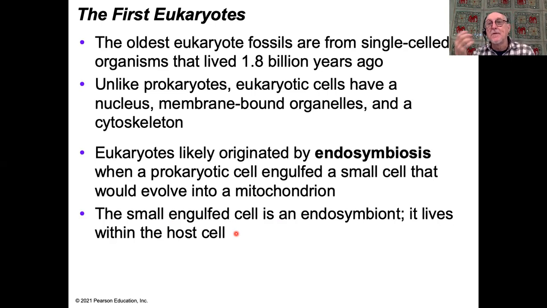But if you look at a eukaryotic cell and you look at its mitochondria, the mitochondria have certain characteristics. First of all, the mitochondria have their own DNA, and their DNA is in the form of a little circle of DNA, just like the prokaryotes. Second of all, the mitochondria are enclosed in a double membrane. The mitochondrial matrix, rather, is enclosed by a set of double membranes.